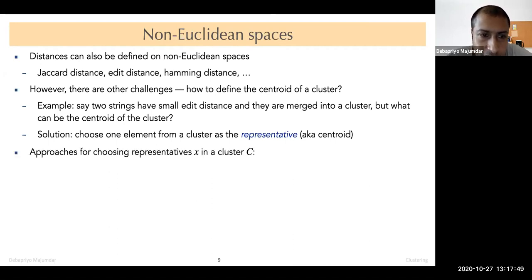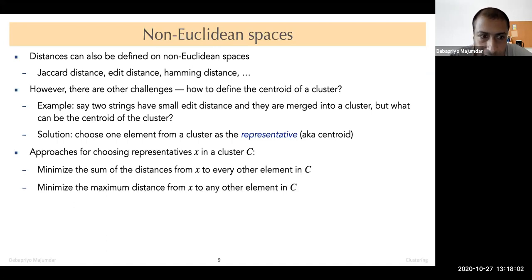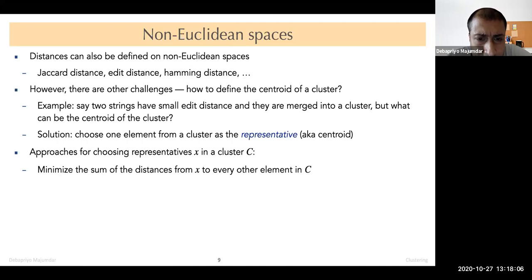And how do you choose a representative X in a cluster C? One option is to minimize the sum of the distances from X to every other element, similar to center, that means choose an element which has the total sum of the distance to every other element as the minimum,